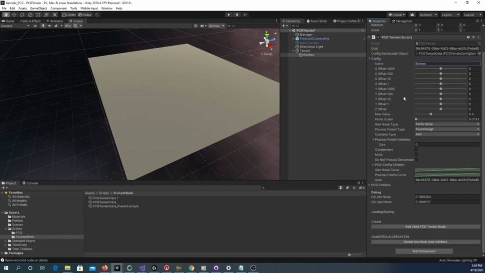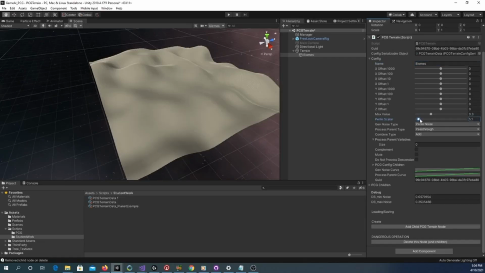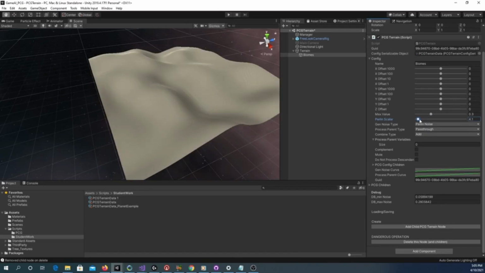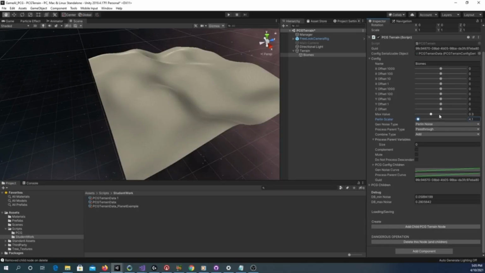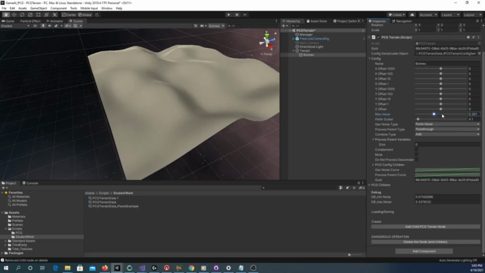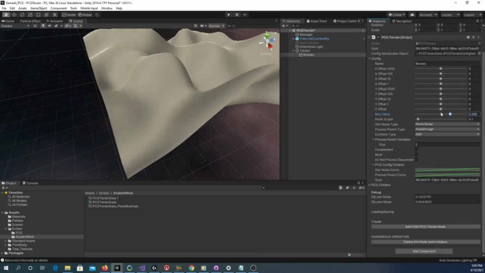All right, so I've declared this biomes, and it's set to Perlin noise. I want some really low frequency noise. Now, for the purpose of demonstration, so we can see everything in the same tile, I'm going to make it a little higher. If you're making true biomes, where your character would have to walk a ways before they transition, say from desert to mountain, you'd probably have an extremely low scalar value. But I'm going to crank it up a bit, and then so you can see if I move this max value around,